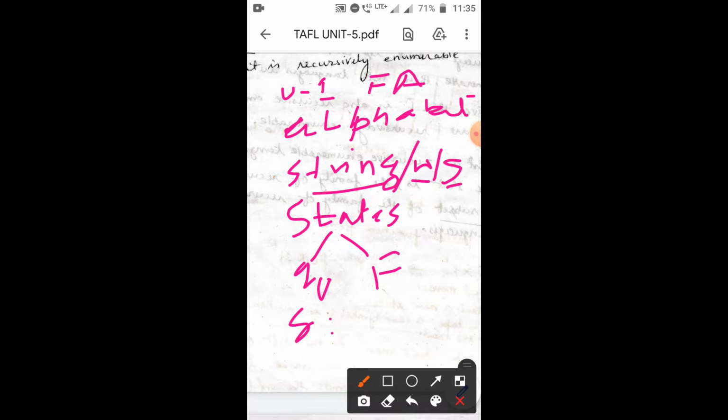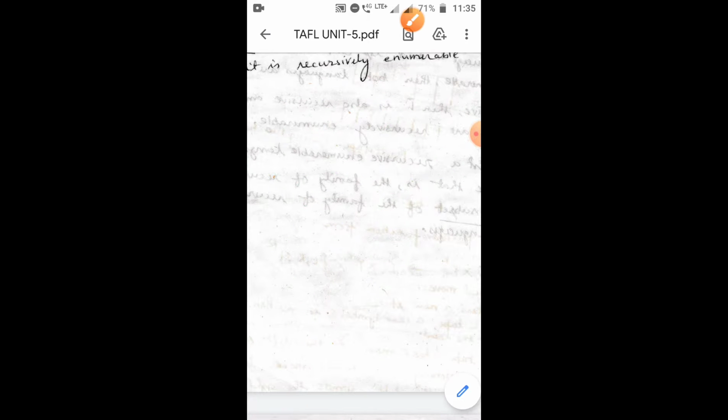Next we have learned how we can represent any finite automata.